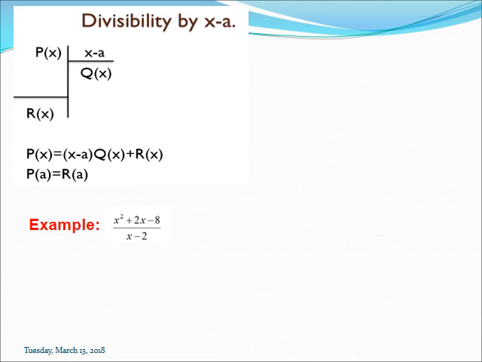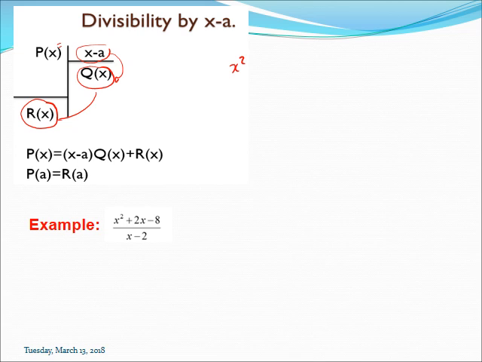Divisibility by x minus a. If P of x is divided by x minus a, we get a quotient Q of x, and here remains the remainder. So we can say that P of x is equal to x minus a times Q of x plus the remainder. Example,